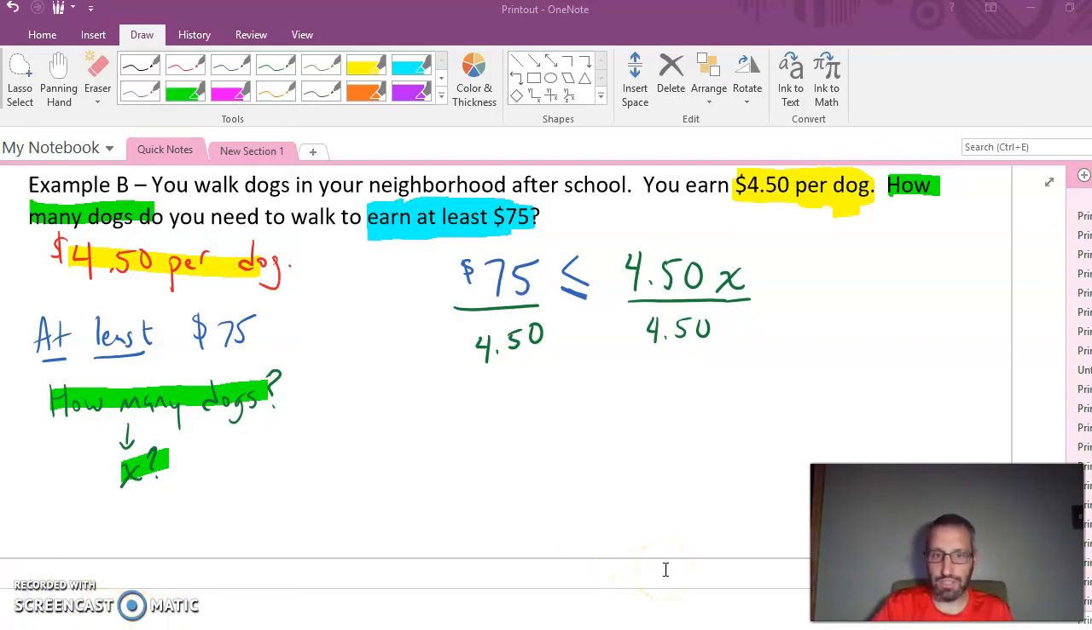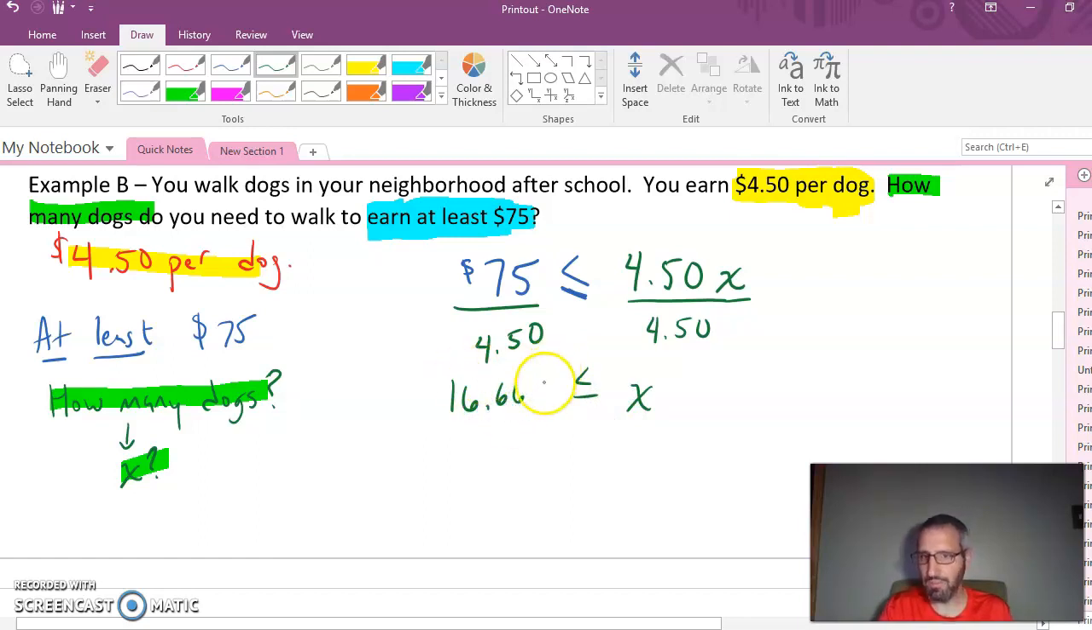Right. And if you take a calculator and do that, I think you're going to get some sort of 16.66 repeating, something like that, right? And if I'm taking a look at 16.66 repeating, and this x represents our number of dogs, I hope you're not going to be walking 16 2/3 of a dog, right? Just go ahead and walk the whole dog, right? So I think this means that we want to have at least 17 dogs to walk